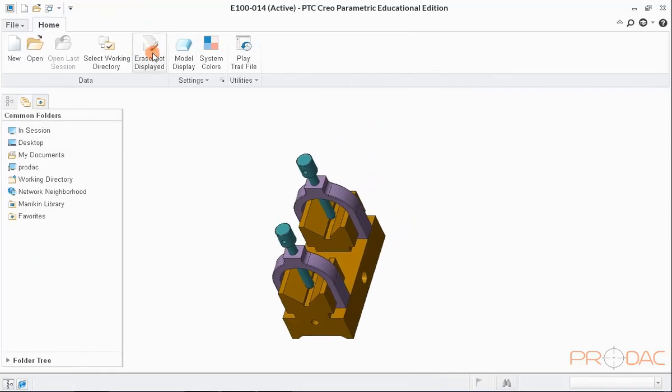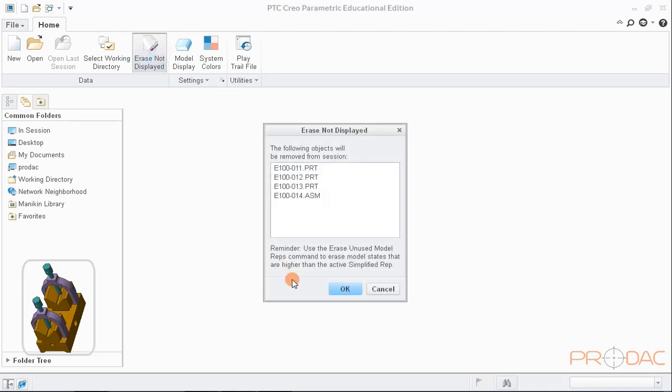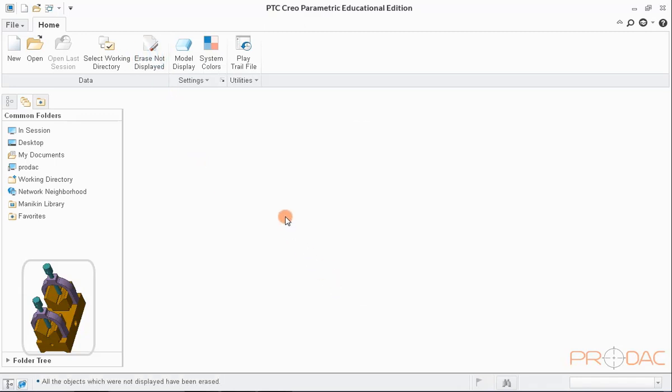Now, close this window and open a new assembly. But before opening new assembly file, perform erase not display to erase all the parts from memory. Now set the working directory. Working directory should be the one where all the parts required for assembly are saved.